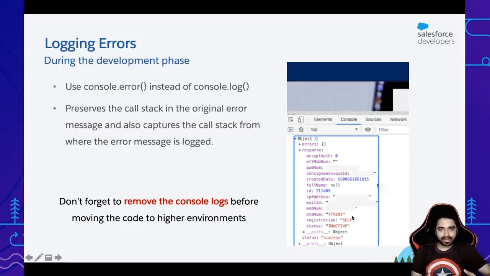So this is a very bad practice because OTP is supposed to be a secret, which really means in case I didn't have my phone with me, I could give some random telephone number, get the OTP from the console log and put it there, which really defeats the purpose of two-factor authentication. So please don't make this mistake. Remove all your logging statements from your code before moving the code to production. That is one reason, because of security.